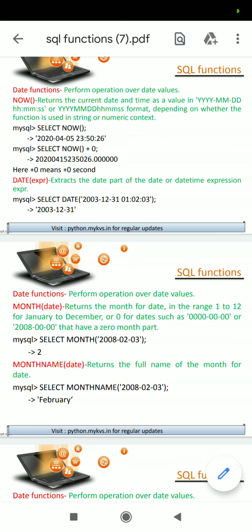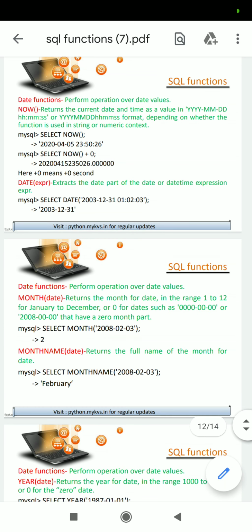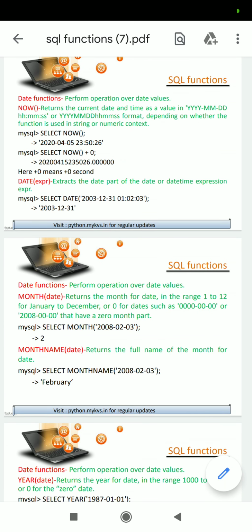The category of this function is date functions, which perform operations over date values or return some date. NOW is one of the date functions, which returns the current date and time as a value in the format YYYY-MM-DD HH:MM:SS, or it returns